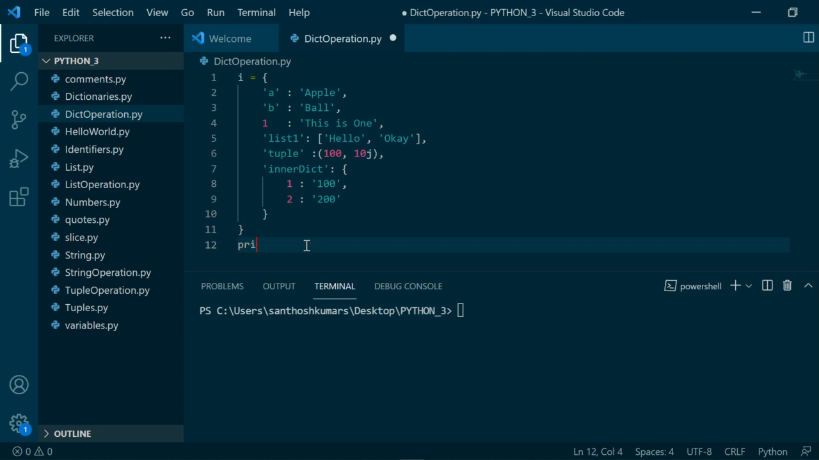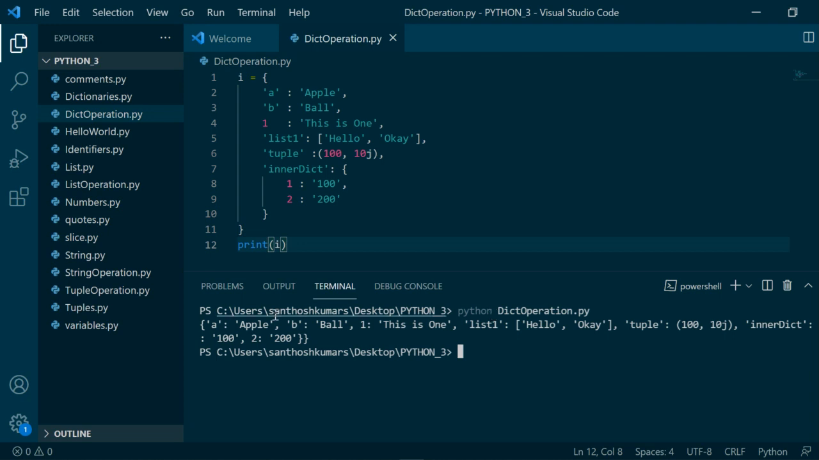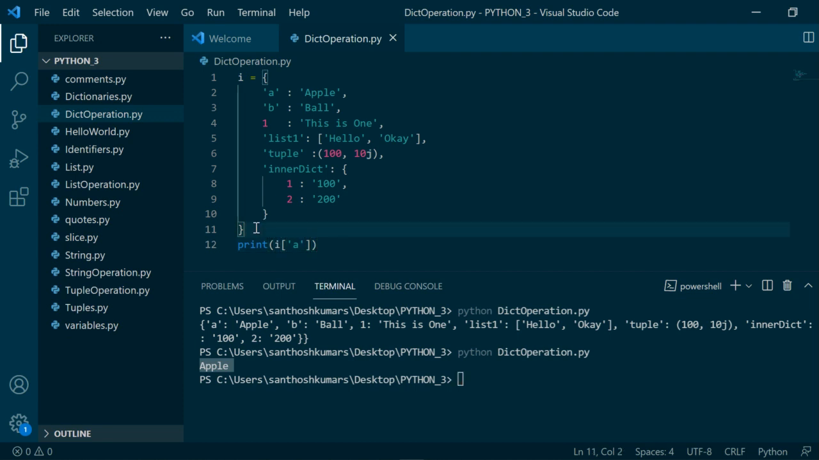Here is the trick. If I say print of I, it will print me the entire dictionary. This everybody knows. Now I can pass the key a in order to get the value apple. Now I want to override this apple. To do that, I of key a now holds apple. Instead of apple, I want to say